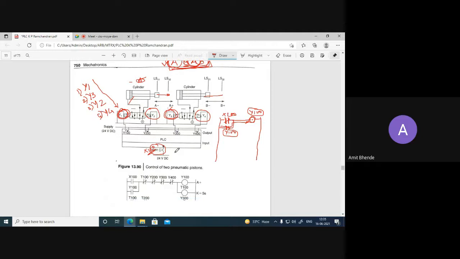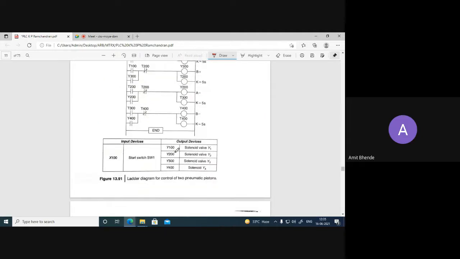Okay, so here we need to write down the input devices and output devices. So here we have made one table. This is input device and this is output device. We have seen that there is only one input device, that is X100. X100 is nothing but the switch 1.